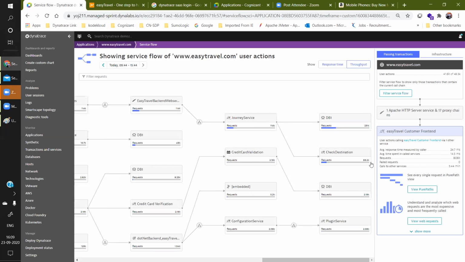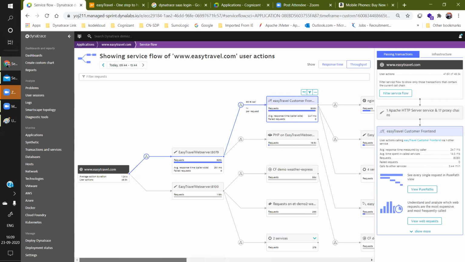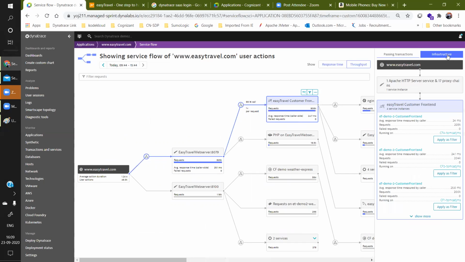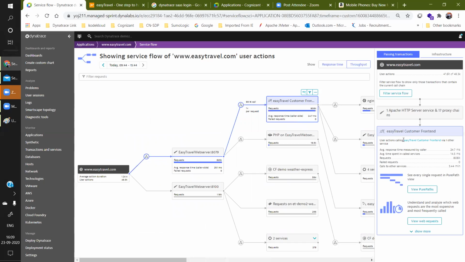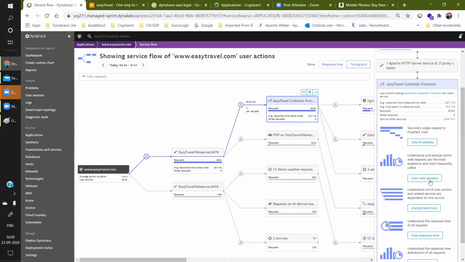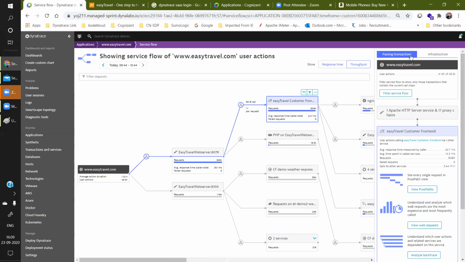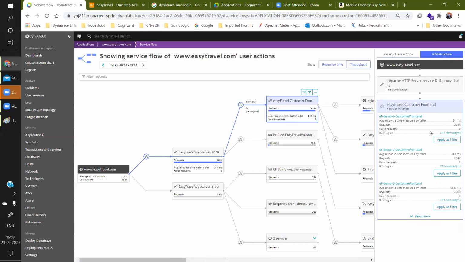Journey service, then we have 88k, DB is requesting. Okay. So this kind of information you will receive. Based on that, you can see passing transactions. In that, infrastructure also you can see. So now you can see the passing transactions. First you see the passing transactions, okay, that is the front end. Now we'll discuss the web requests and all. But you can see the infrastructure also. Infrastructure means